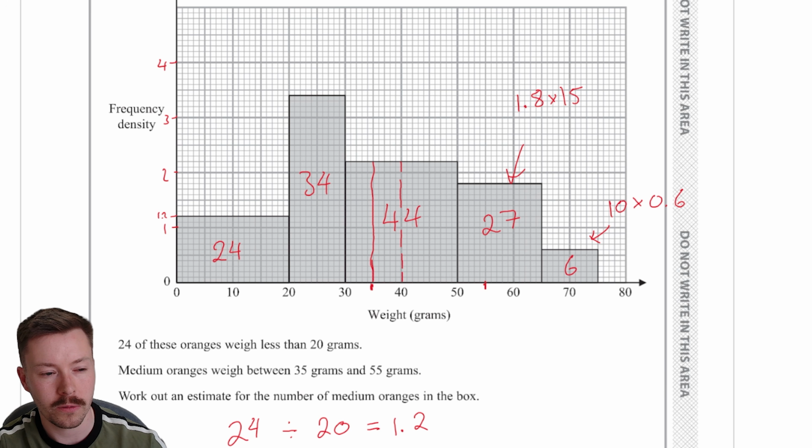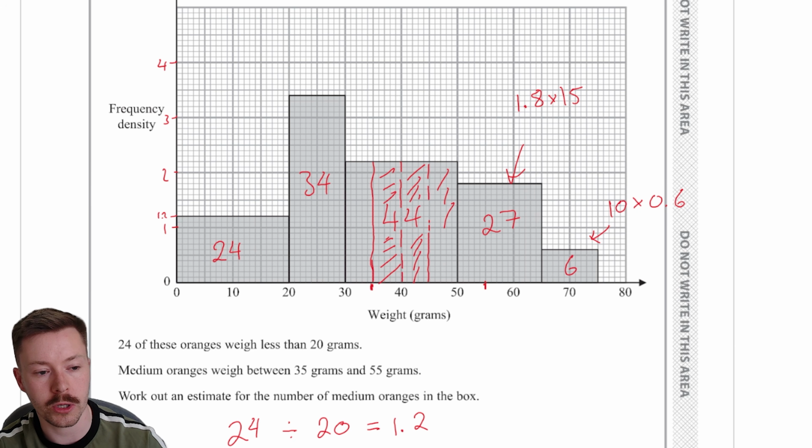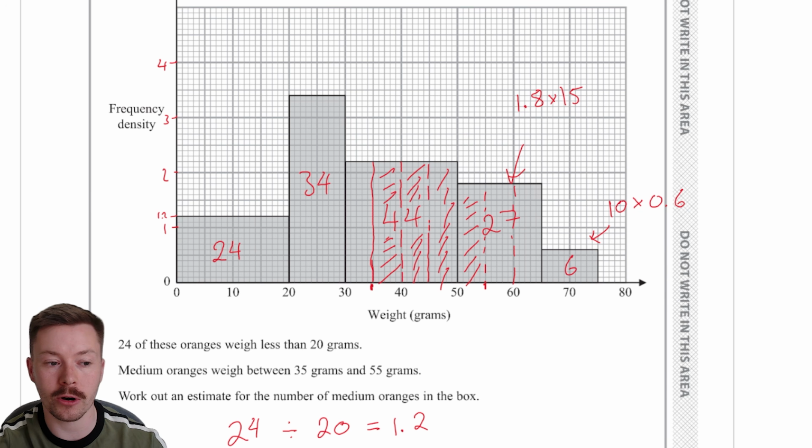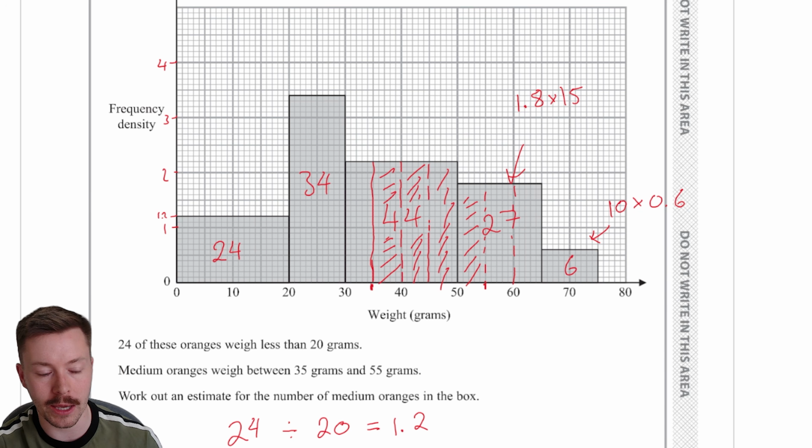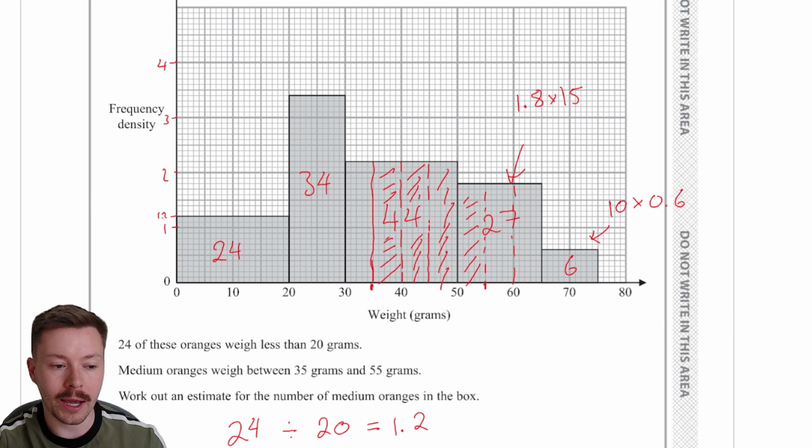So I've got 4 equal vertical strips for the 44, and actually I need this one, this one, this one. So I need 3/4 of the 44. Now for the 27, if I do the same thing, so my vertical strips here, I need 1 of those. So I need 1/3 of 27 and I need 3/4 of 44 and add them together. Now another way of doing this is working out